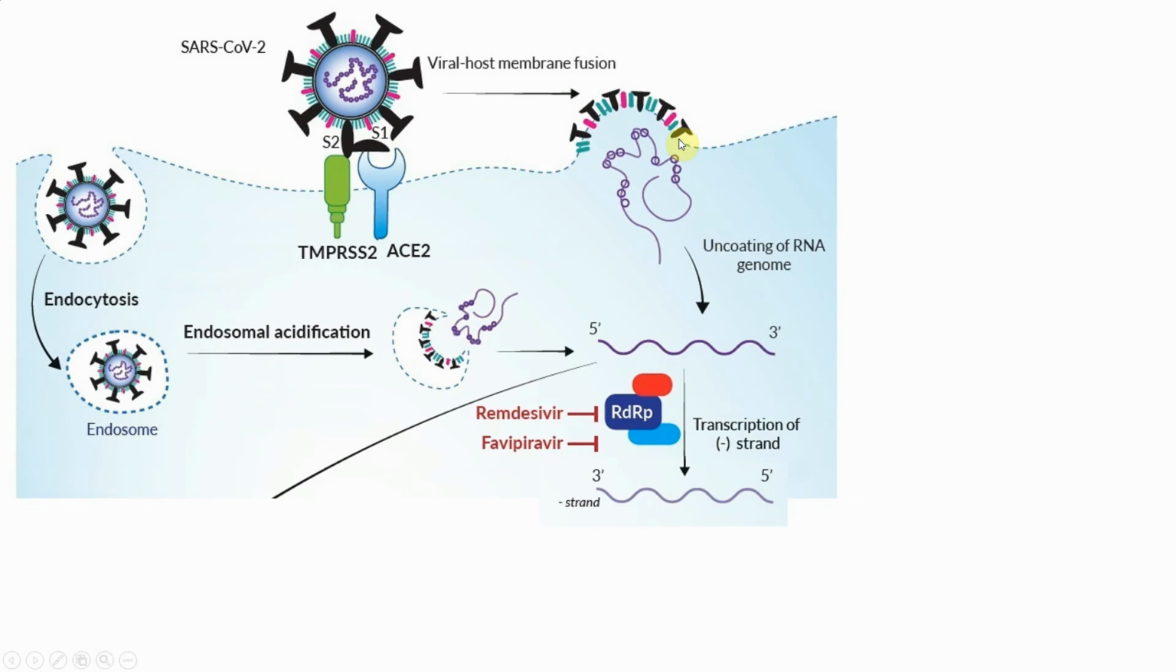After the COVID-19 genome enters the cell, during transcription of the negative strand, we can prevent the formation of the negative strand with remdesivir and favipiravir. We can prevent this transcription. This is one of the most famous medicines now used in the hospital, because remdesivir and favipiravir can prevent formation of the negative strand